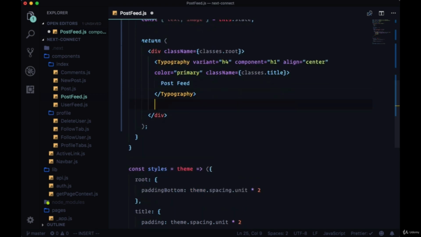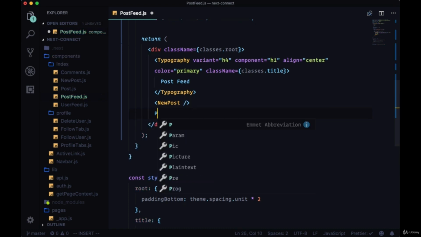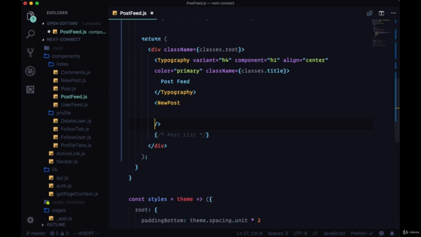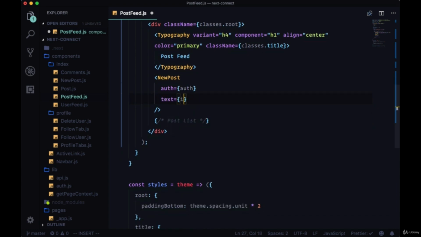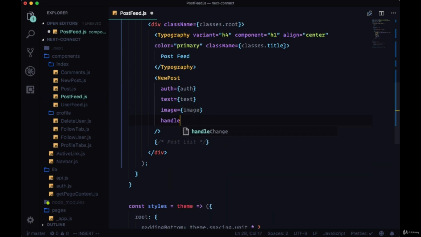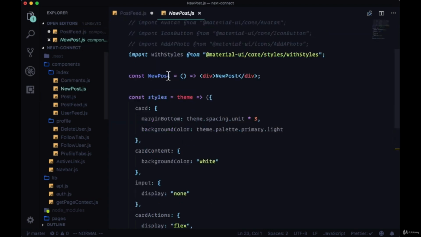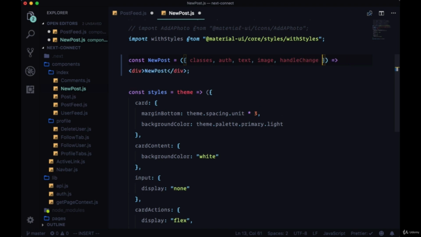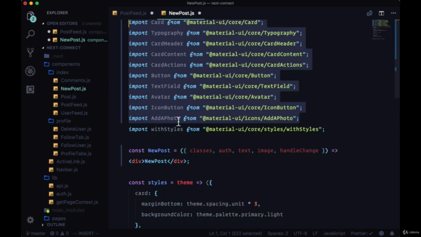and underneath the text we'll have new post, and eventually we'll add our post list under that, where we map over the post component. So new post is going to receive some props. It's going to need the auth data, text as well as image, and we'll also pass down handle change. So in new post, we'll destructure classes, auth, text, image, and handle change. We'll uncomment our imports,